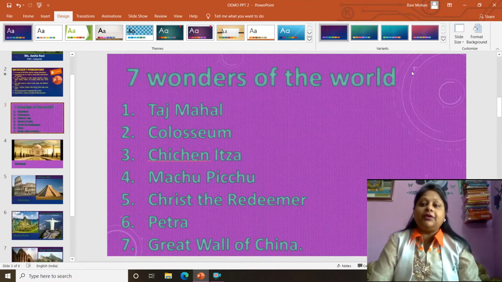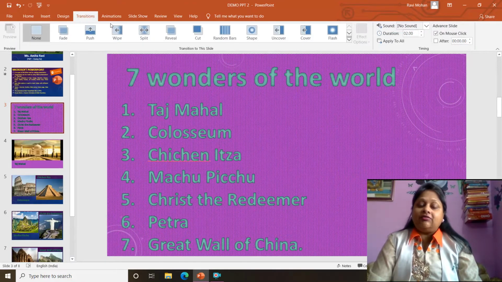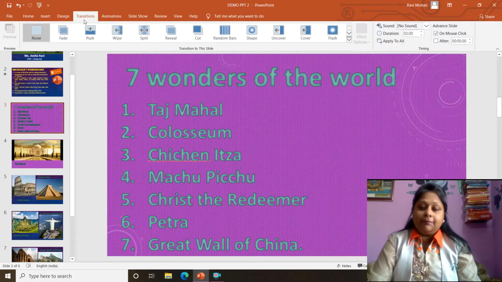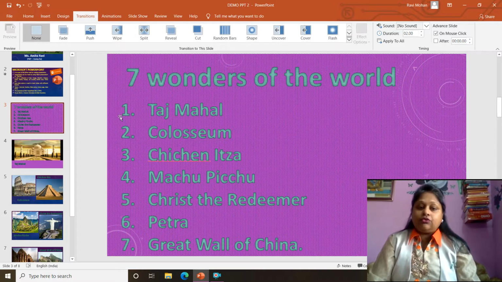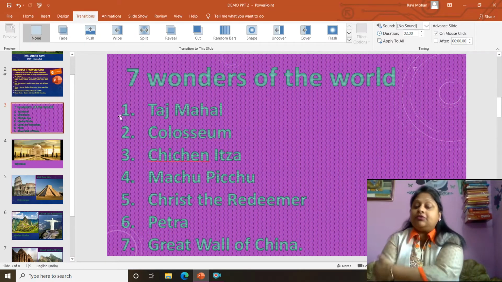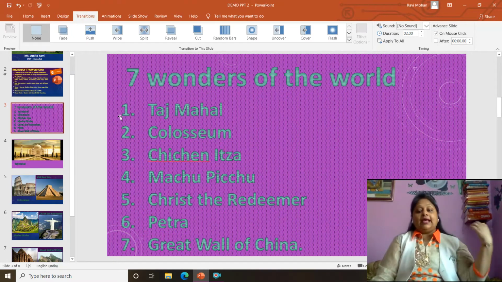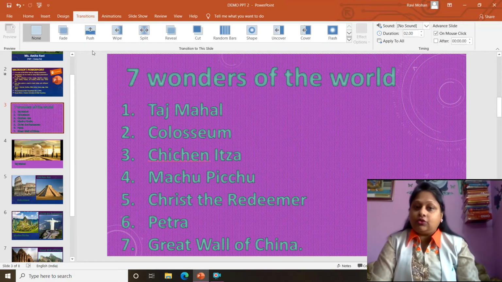Next, coming up is the visual effect. The first visual effect is known as the slide transition, which is available in this transition menu. Slide transition is used for giving effect to the complete slide. I repeat, to the complete slide, not to the objects of the slide. For giving to the object, we use custom animation. Even if your slide is blank, you may give transition effect to it.